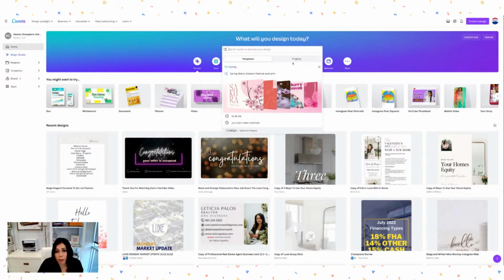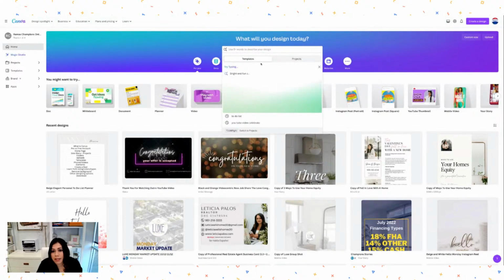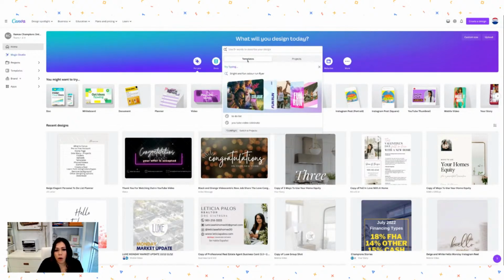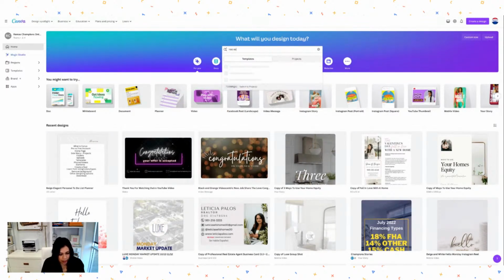If I was searching for my own project, I would select this and then type in maybe market update or whatever it is I'm looking for, and my stuff will come up. But right now I want to create a new template. So I'm going to just type something in here. If I want to do, let's just say, a real estate open house,